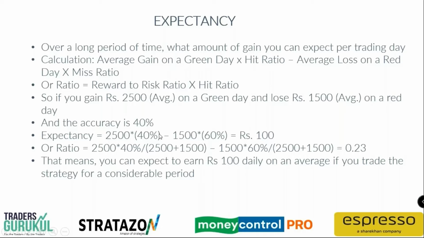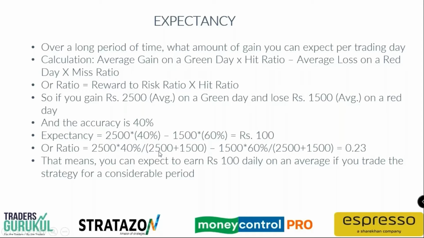We have an example here. Suppose you gain 2,500 on a green day and lose 1,500 on a red day. Red day means the losing day, and the accuracy of your strategy is 40%. So your expectancy will be 40% of 2,500 minus 60% of 1,500. That is 100 rupees. Or if you want to calculate the expectancy ratio, that means